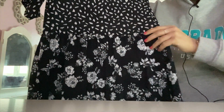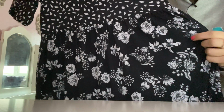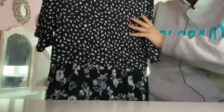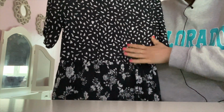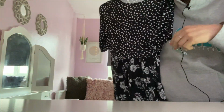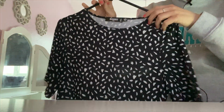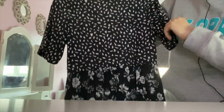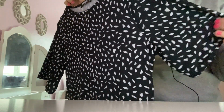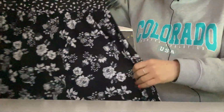And then we go to a different print, this very pretty floral print. Again, black and white. I think having 2 different prints go well together when it's black and white rather than colour. Flowy, and as you can see, it probably hits you just above the knee. Yes, so that is that. It's a nice casual flowy dress that will look very nice in the spring and the summer, maybe even the